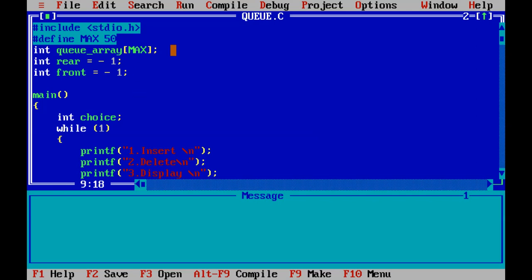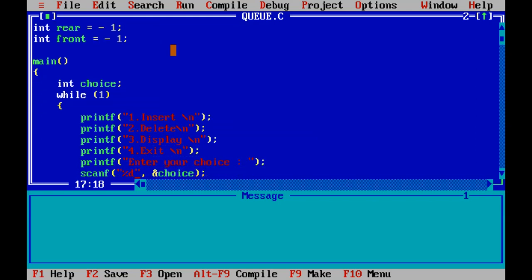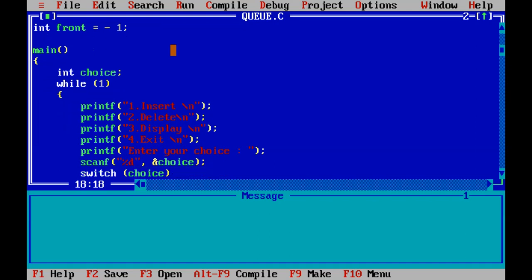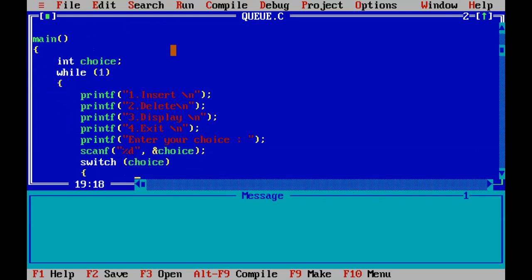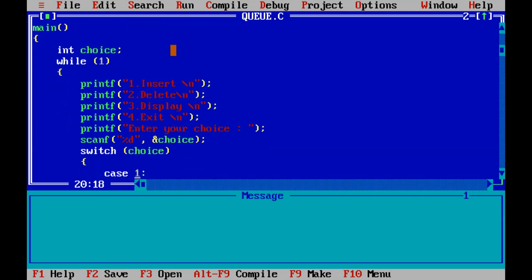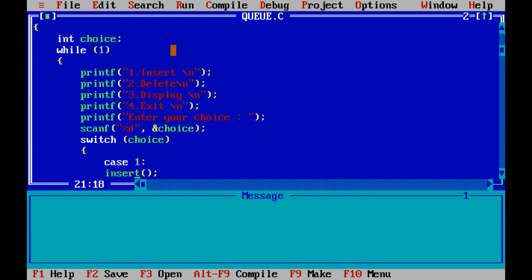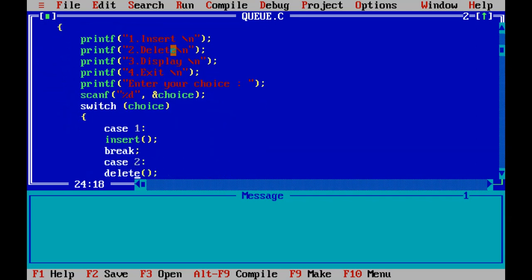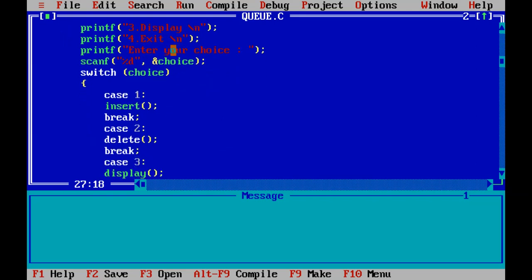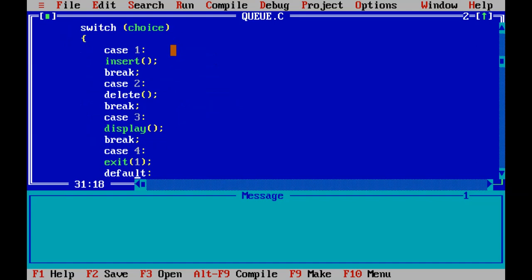After that, we have the menu for insertion, deletion, display and exit, and asking the user to enter the choice. Choice will be 1, 2, 3, 4. Then switch choice means if the case is 1, it will call the insert function, and if the case will be 2, it will call the delete function, and if case will be 3, it will call the display function, and at 4 it will exit.